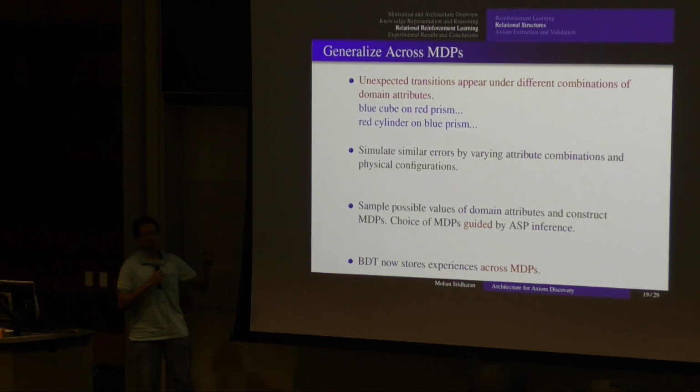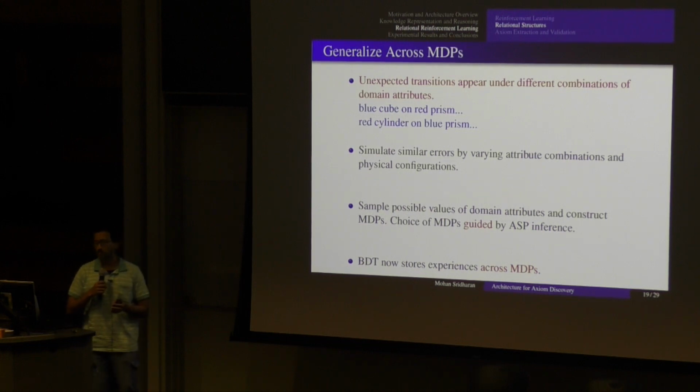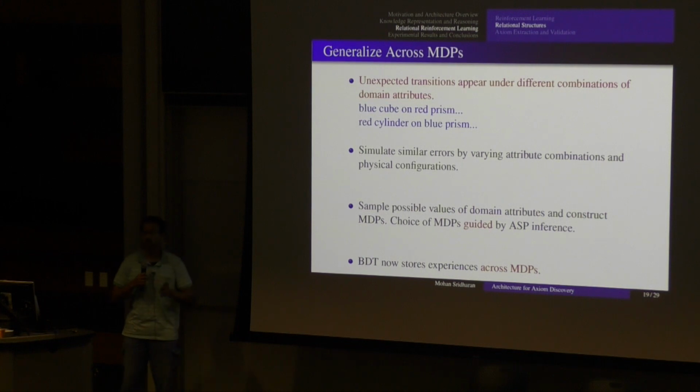The example I have here is a blocks world. Let us assume you are trying to stack blocks of different colors, shapes, and sizes. I try to put a blue cube on the red prism, it does not happen. I try to put a red prism, or cylinder, on a blue prism, it still does not happen, right? Now the problem here is not that the color is red or whether it's a cube or a cylinder. The problem here is that you're trying to put stuff on a prism, which is never going to happen. A pointy end, it's going to fall off, right?